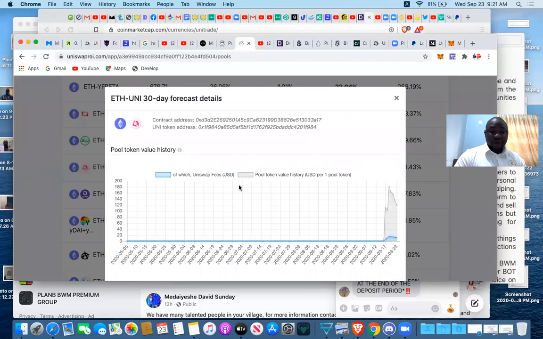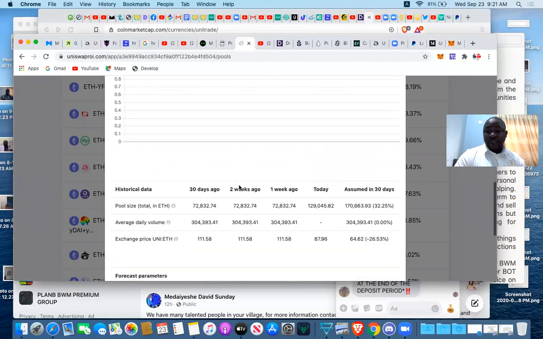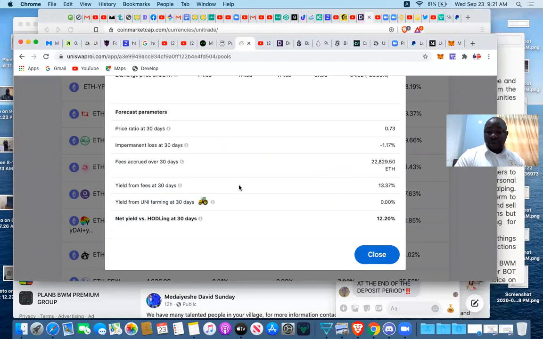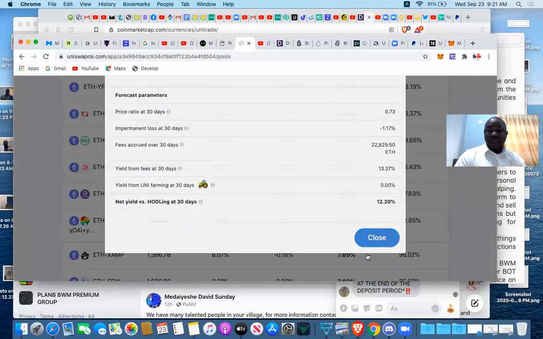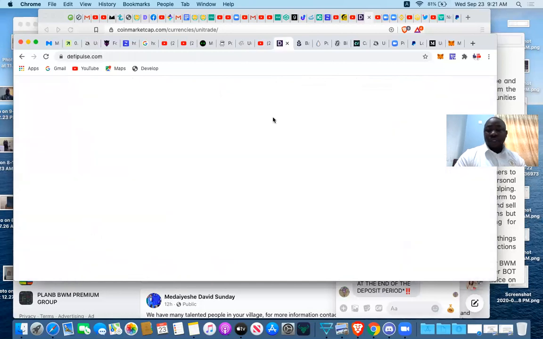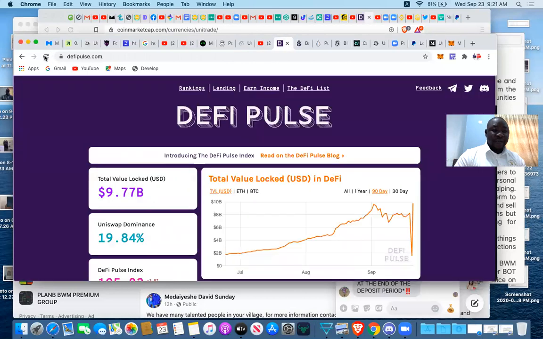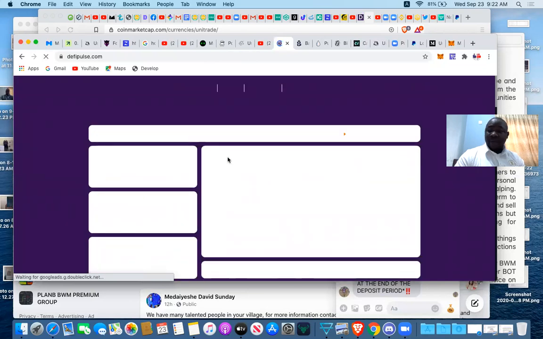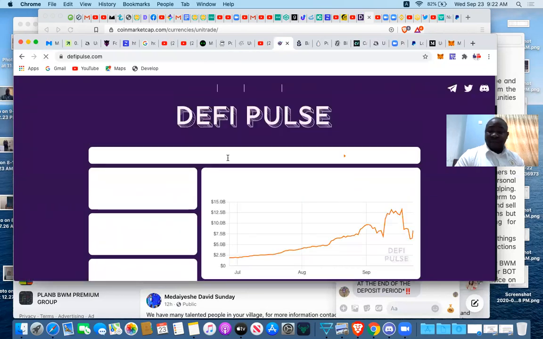If you have Uni, it's amazing. You can read much about it. Of course, look at the liquidity. It's a big money lock-in. If you look at DeFi Pulse and at what Uni is holding, it has a dominance of around 19.84%. The whole total cap of lock of